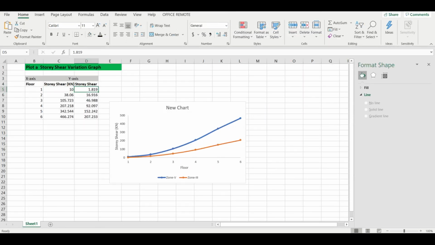Now I will show you one more cool feature of this Excel graph. When you want to update the data of the graph, you can just go to the Excel table and change it, and the